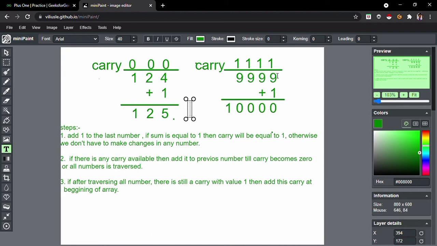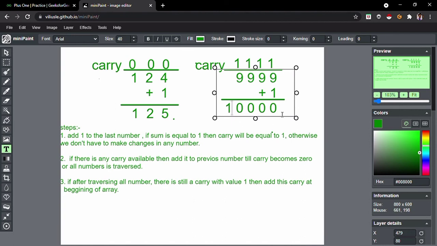We apply the same process till here, and 9 plus 1 becomes 10. Then we keep our 0 here, and we keep our carry 1. In this case, after traversing all the elements, a carry remains, that is 1. In this case, we have to put this carry at the very beginning of this number.